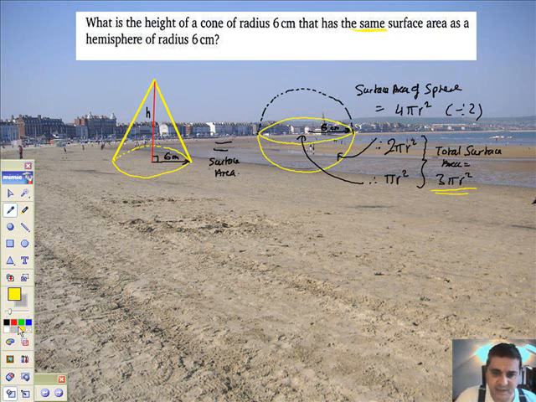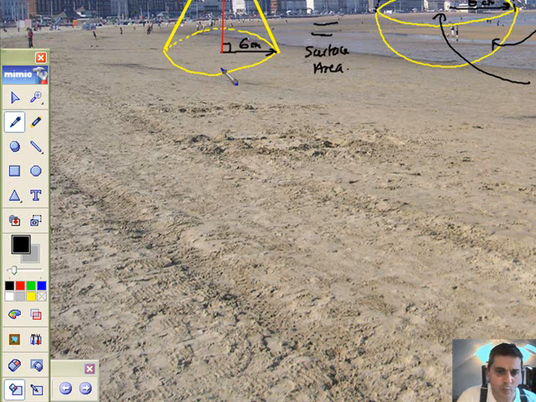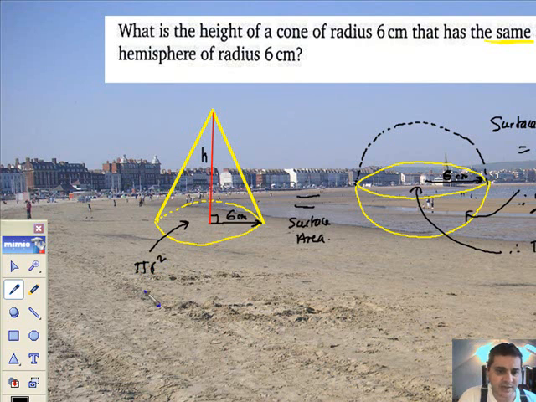Now over here, let's begin to set this one up a little bit. Now we know that this cone has a circular surface as well, so that's going to be pi times radius squared. That's happy. Now here, to work out the area of the curved surface,